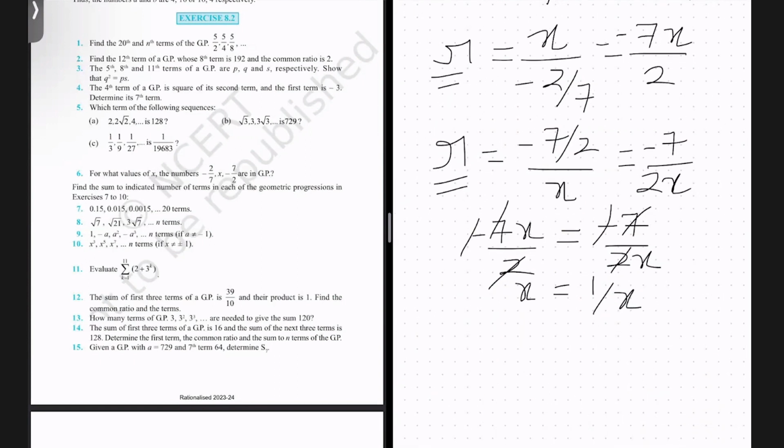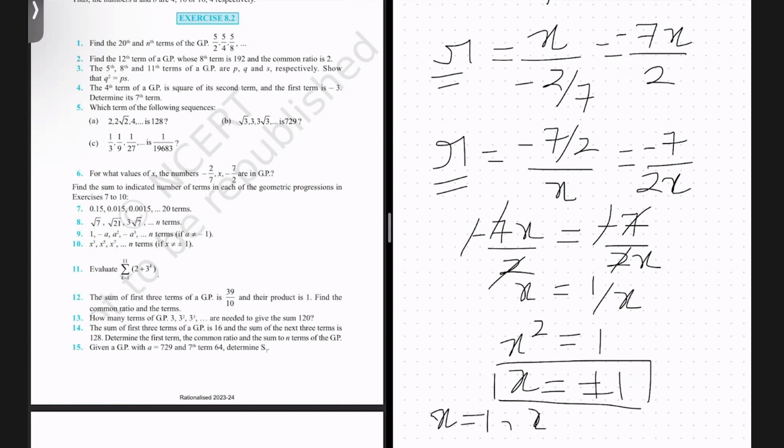Solving this further, let us multiply both sides by x. What you get is x squared equals 1, and when you solve this, you get x equals plus or minus 1. So there are 2 values, x equals 1 and x equals minus 1, for which these 3 terms are going to be in a GP, right? There are 2 values of x for which these 3 terms are going to form a GP. Correct. Moving on